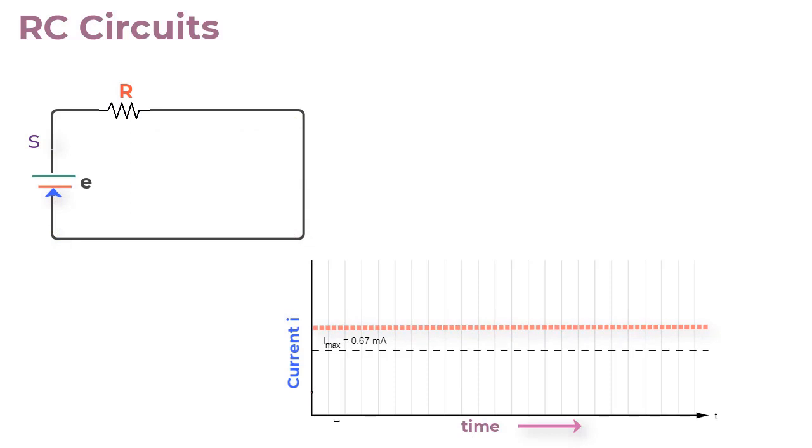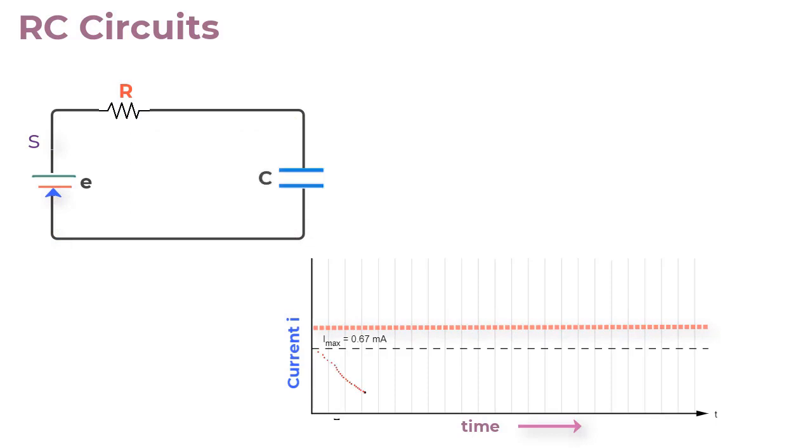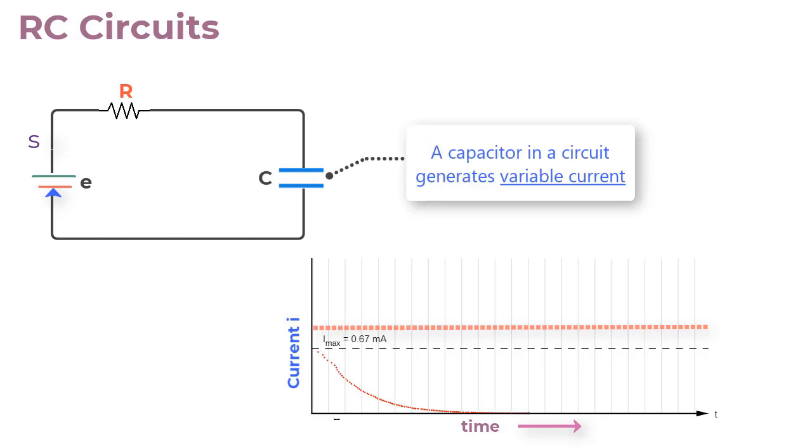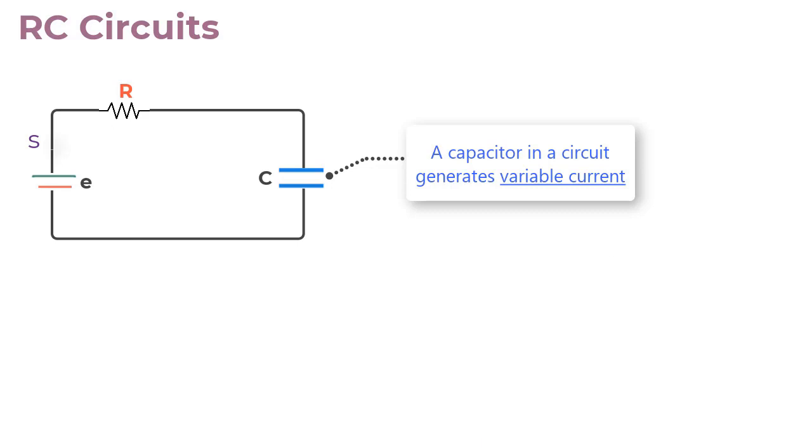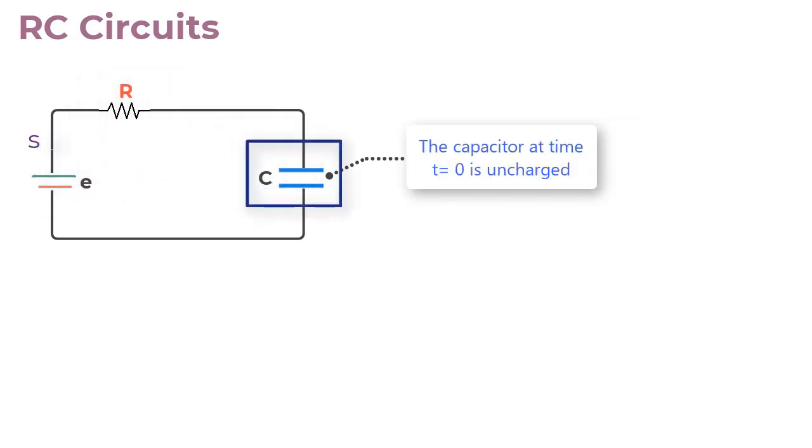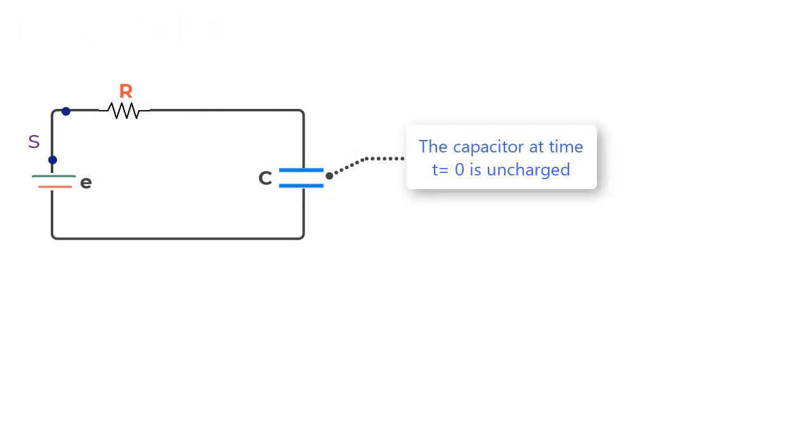But if you introduce a capacitor in a circuit, what you find is that the current starts varying with time. So let us study this variation in current, charge and voltage of a circuit that has a capacitor in it. So what we have here is a circuit that has a battery, a resistor and a capacitor that is initially uncharged, and we'll go ahead and close switch S so that charge and therefore the current starts flowing through the